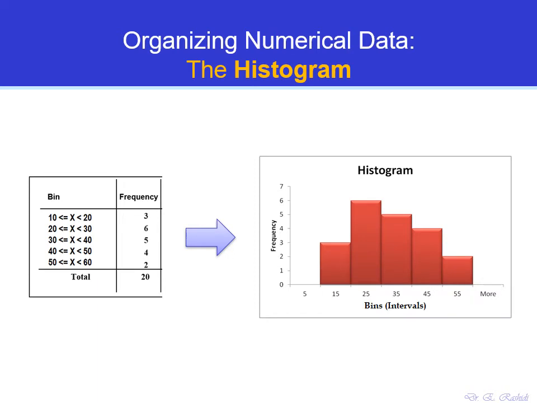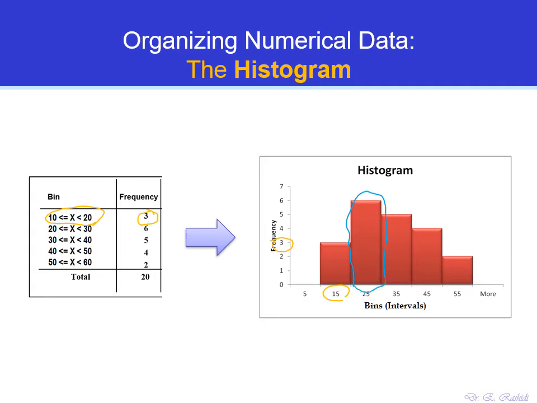So as you see here, a histogram is just a bar chart. Each bar represents a bin, a category or interval. For example, this bin or interval from 10 to 20 is represented by this bar here. We show it by 15 because that's the number between 10 and 20. The frequency of this interval is 3, so that's the height of this first bar. The next bar,